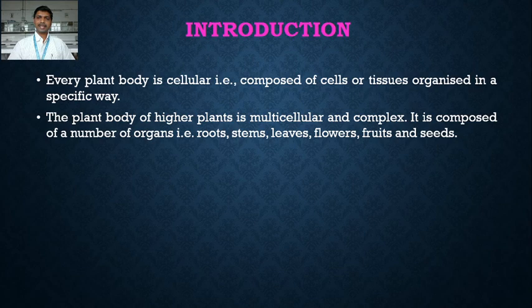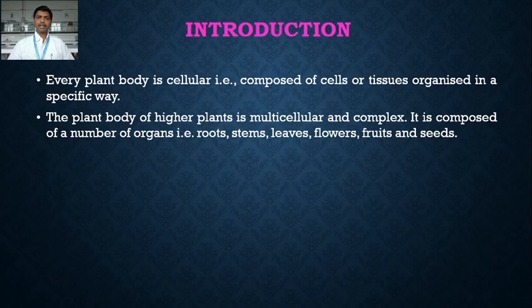So this is the life cycle of the plant. After the completion of vegetative growth, the plant starts reproductive growth. So formation of the flower is the sign of the initiation of reproductive growth of the plant. The primary plant body of the higher plant is made up of root, stem and leaf.